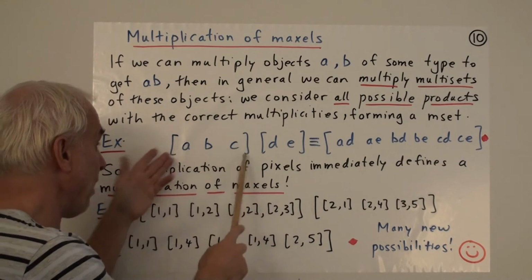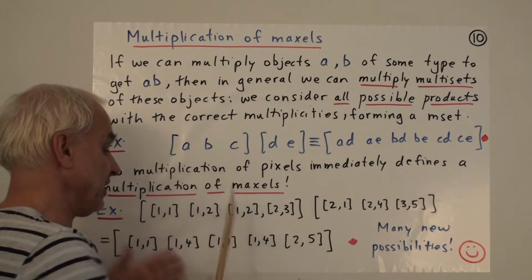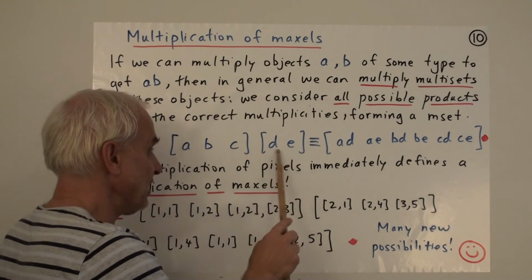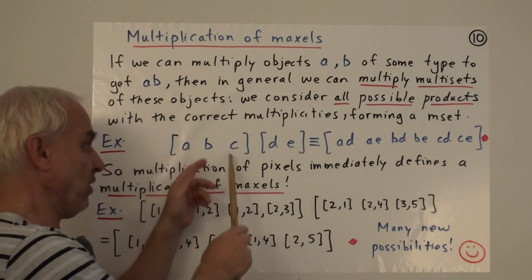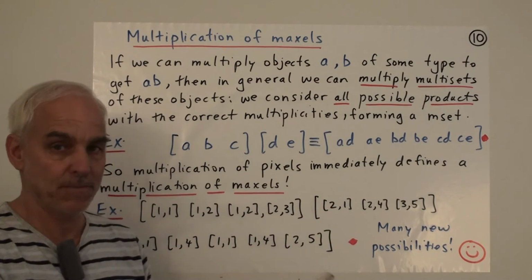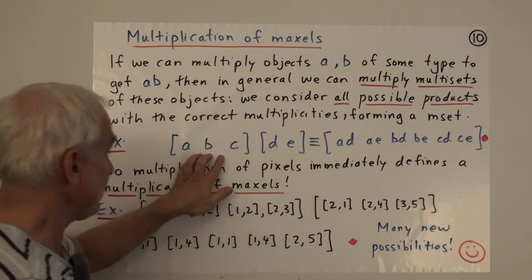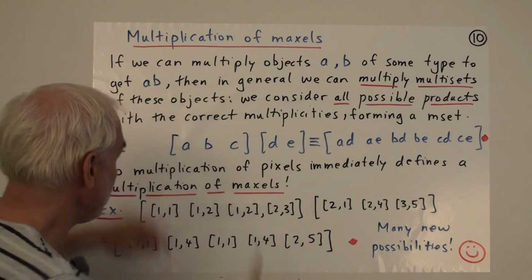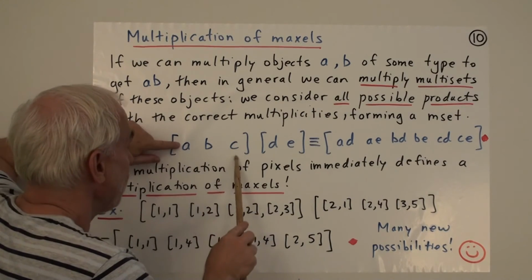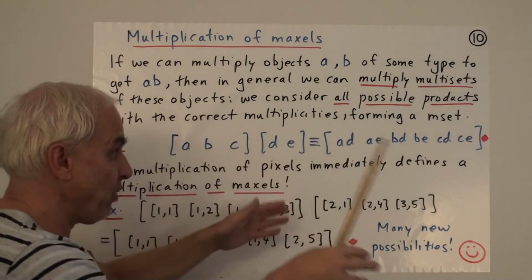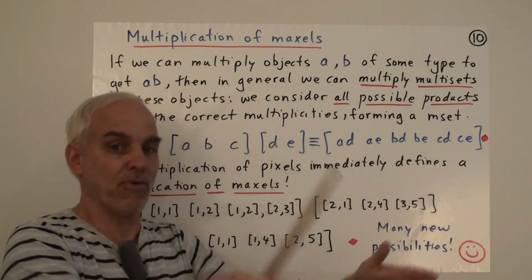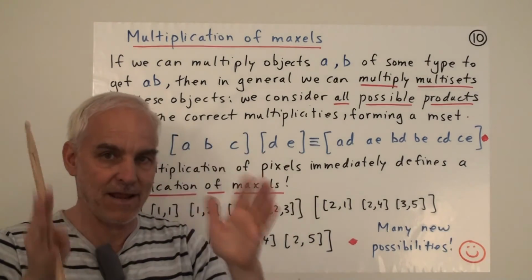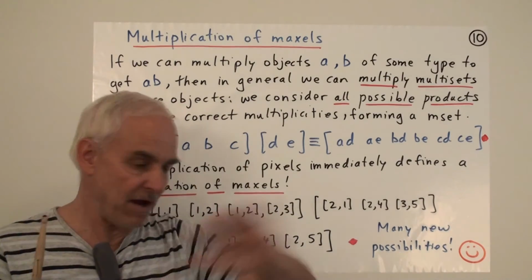So for example, here is some multiset of some objects, A, B, and C, and we don't really care what exactly those objects are. And here's another multiset D, same kind of objects as these ones, but we don't actually care precisely what they are. Then in order to multiply this multiset with this multiset, we're going to agree that what we're going to do is multiply each one of these ones with each one of these ones and put all possible products in a big box. That's going to be our orientation to how we take products of multisets in a very general fashion.